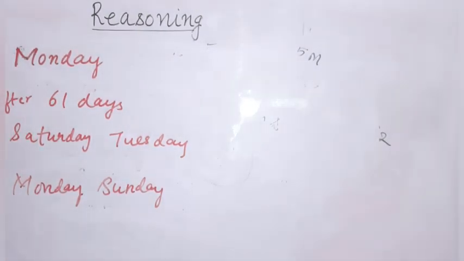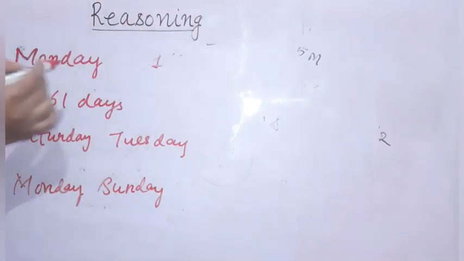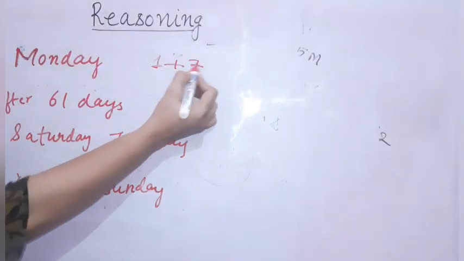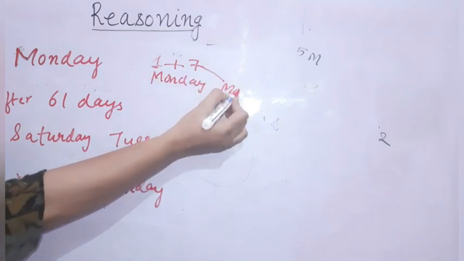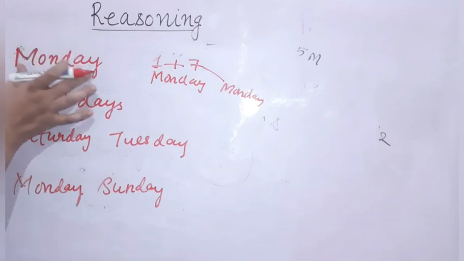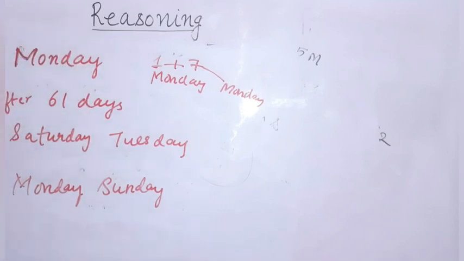Every day repeats. For example, today is day 1 and it is Monday. On the 7th day, it will again be Monday. So every day repeats itself after every 7 days. So if today is Monday and there are 61 days,